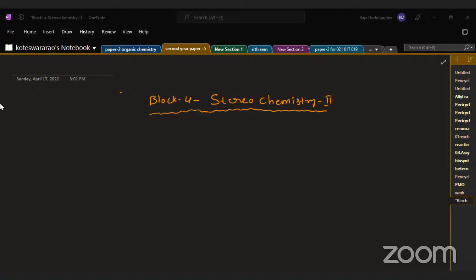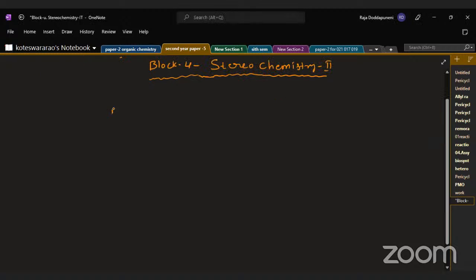It is the extension of the stereochemistry which we dealt with in the first year. Now, in this stereochemistry topic, we are going to deal with conformational studies, conformational analysis. In this block, we are going to discuss the conformations. The first unit in this is the conformations